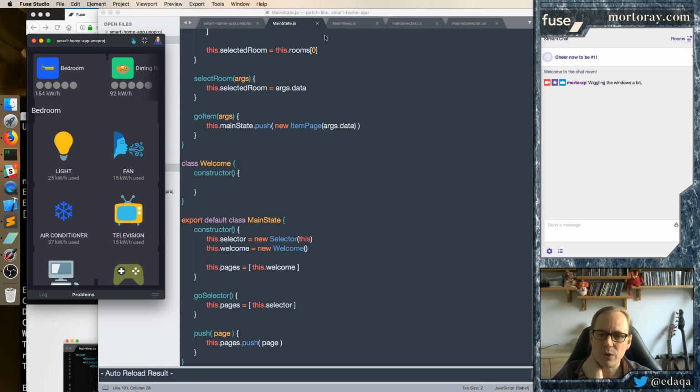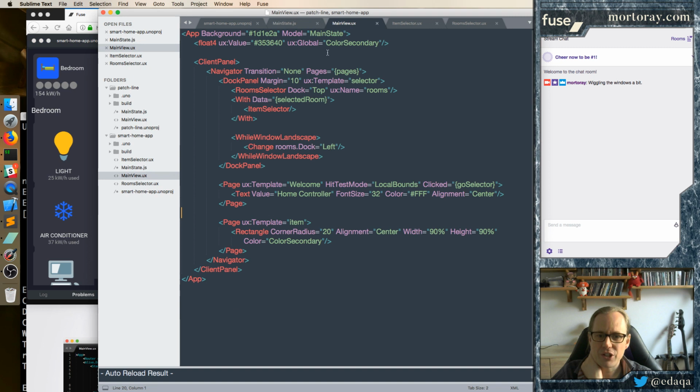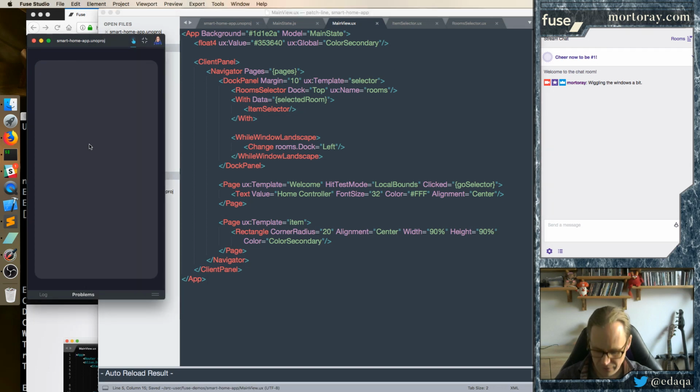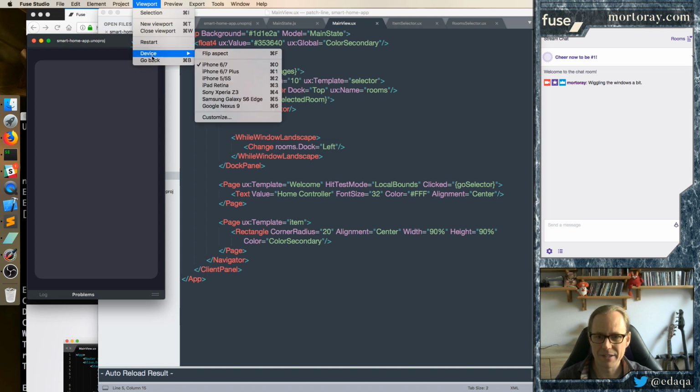And this is where, usually if we took the transition out, so if you want to see what happens if we take out the transition none, and the reason I put it here is because then you had the default one. We can press back. I don't have a way to go back yet, so